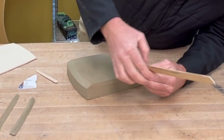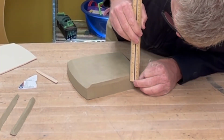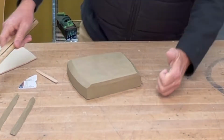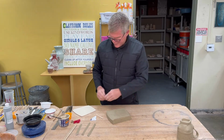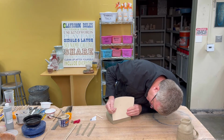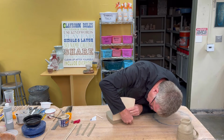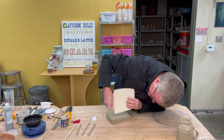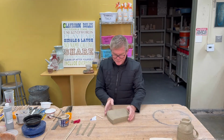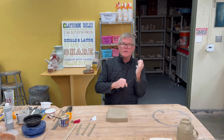And sort of go back and double check that indeed we got about a half inch there. So once I have that, I could again use this to kind of mark. Take my little paper clip here and kind of draw my line through there. And then what I'm going to do is carefully and methodically